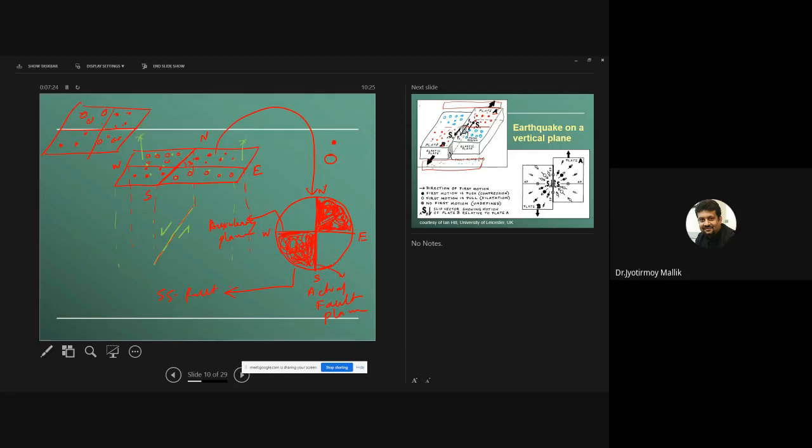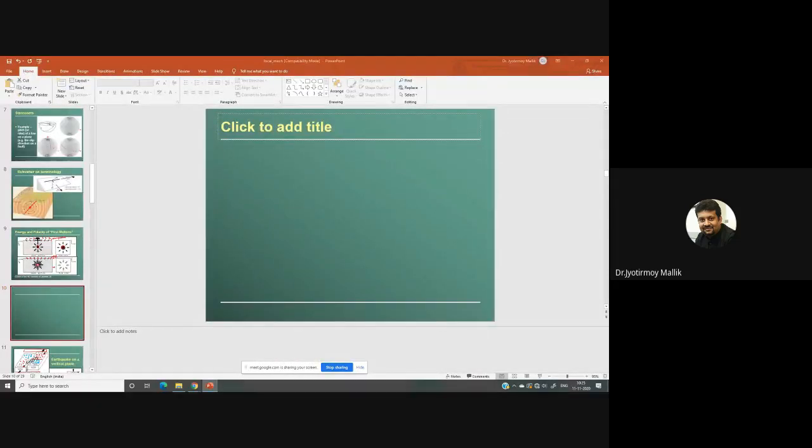Now the strike slip fault could have an orientation. It could be north-south or it could be east-west. Now tell me if you have understood this. If not, then I am happy to explain again, because we are going to get into a bit more complicated stuff with normal fault and reverse fault.